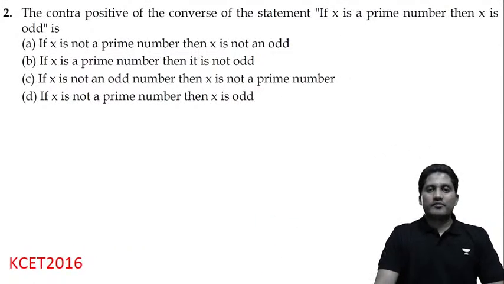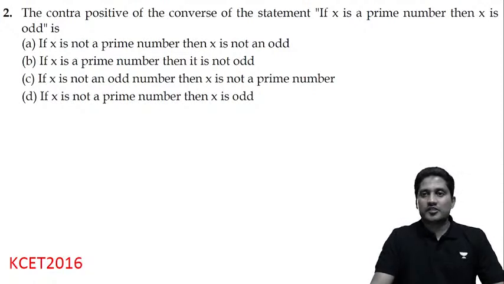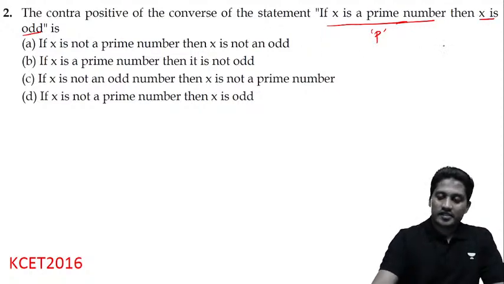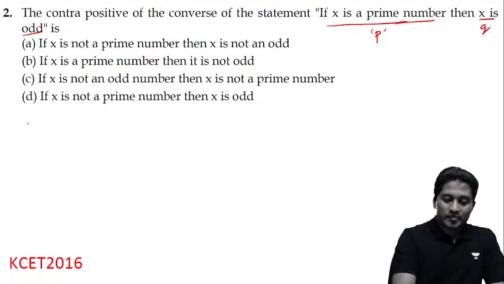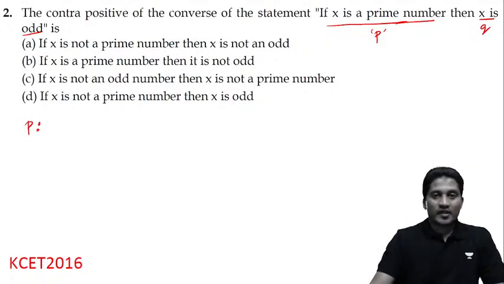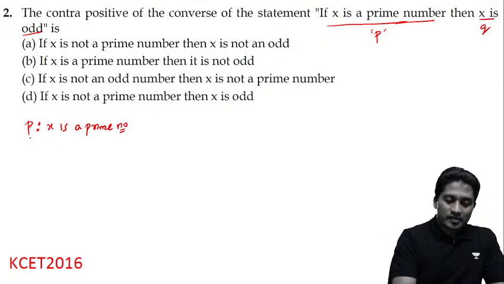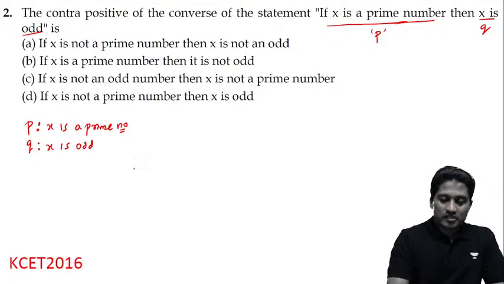The contrapositive of the converse of the statement: if x is prime, then x is odd. X is a prime number, I'll take this as p. Then x is odd, I'll take this as q. I take p is equal to x is a prime number, and q is equal to x is an odd number. So this given statement becomes